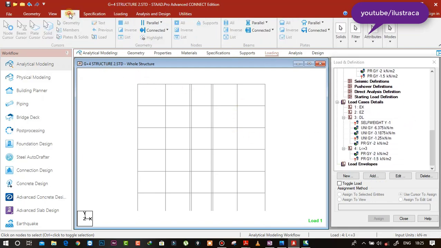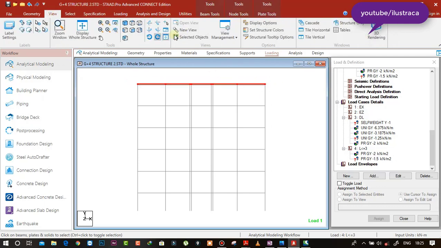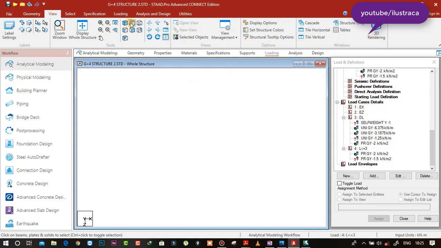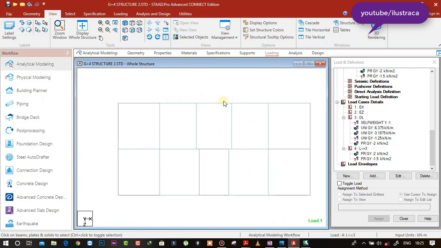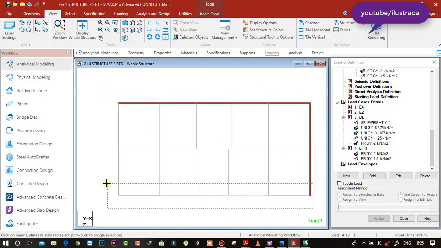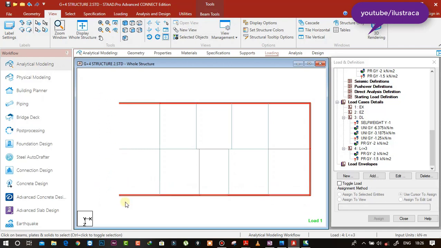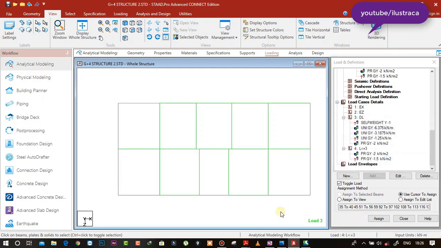So just select geometry and select the terrace floor and view selected. Now we are going to remove the loads here. So again you can't call your group because the group is only for the basement floor. So just select these beams, and you already know these beams, we have assigned this load. So just click on toggle load and assign yes. So there will be no load.